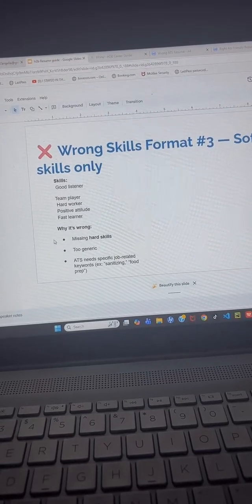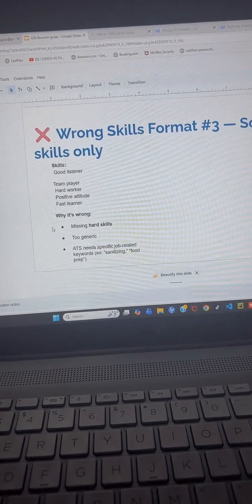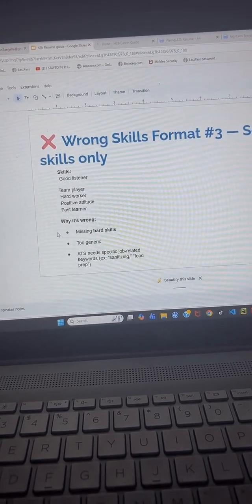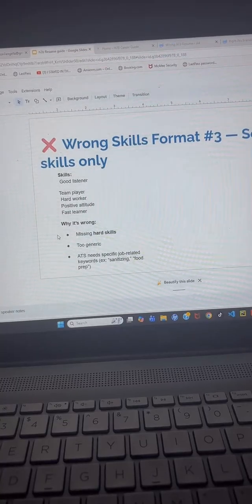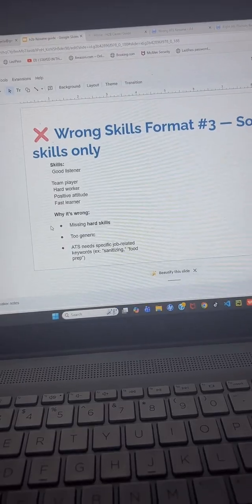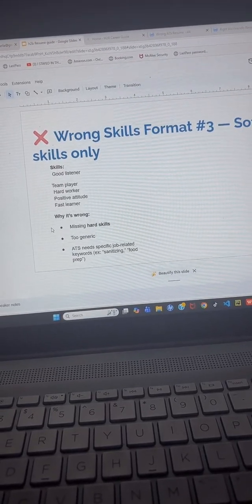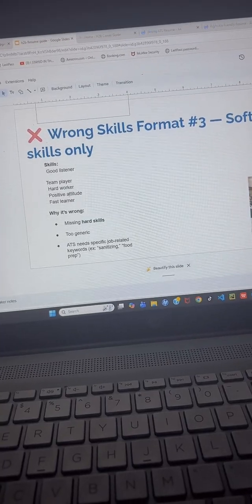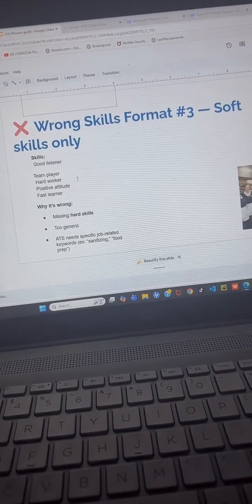So you don't want to only list hard skills for your resume. You want to list soft skills also. Alright, so like fast learner, positive attitude, hard worker, team player, good listener.